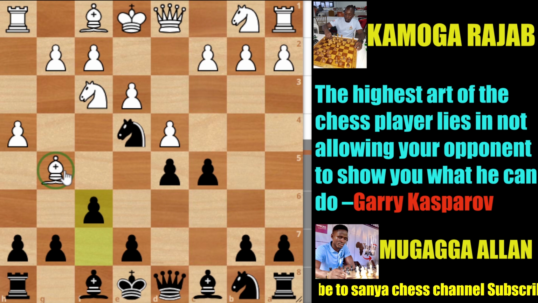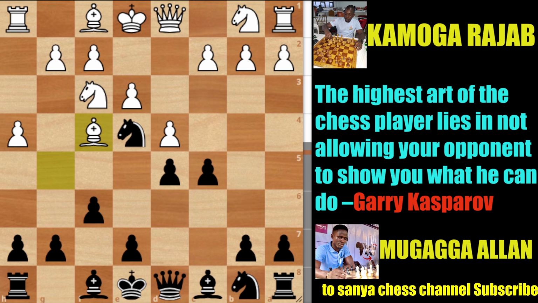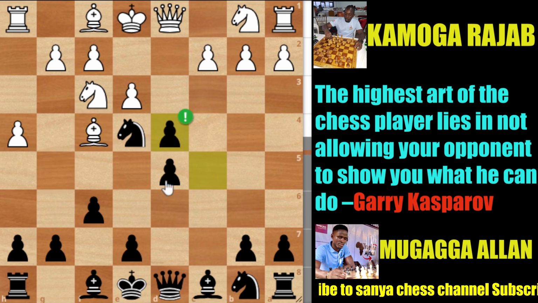And the only square where the bishop can try to get some harmony is to go ahead and play bishop f4. In this position, if you look at it, I would like you to take some time and guess the move Mugagga played in the position. Mugagga played c takes d4, trying to break the center. And after e takes d4, you can take a moment and guess what Mugagga did to the position.